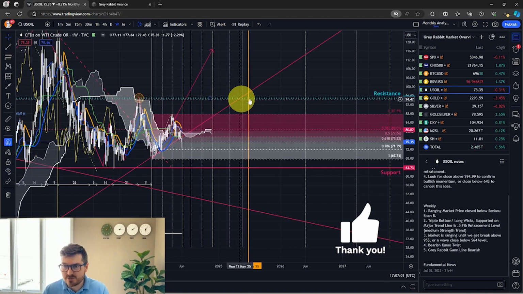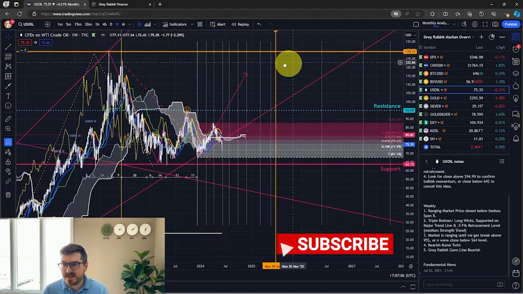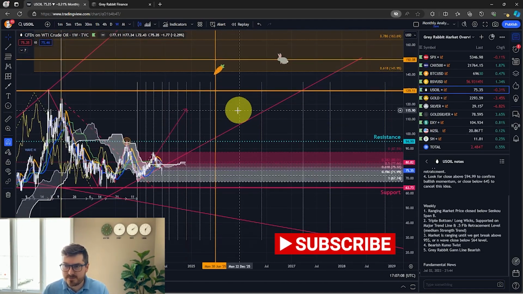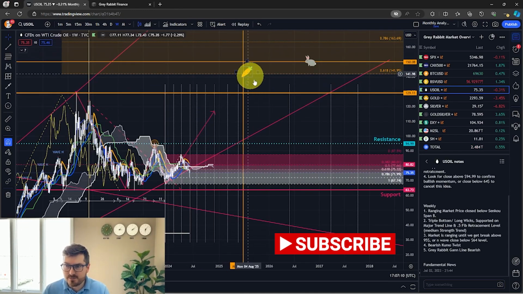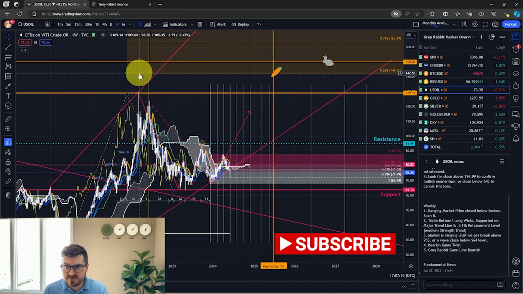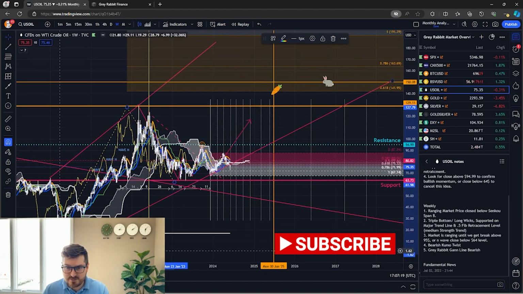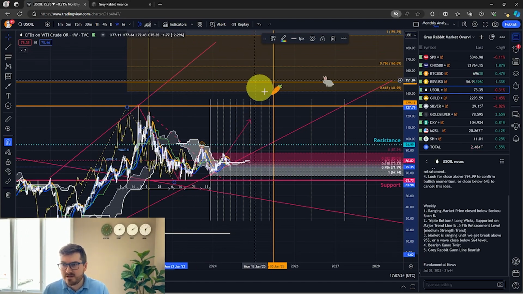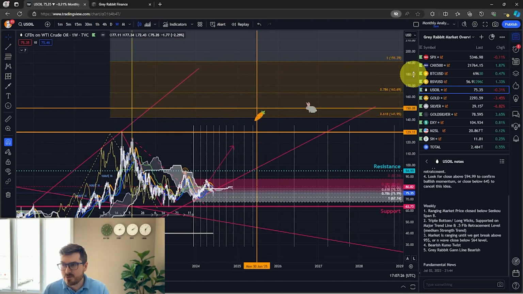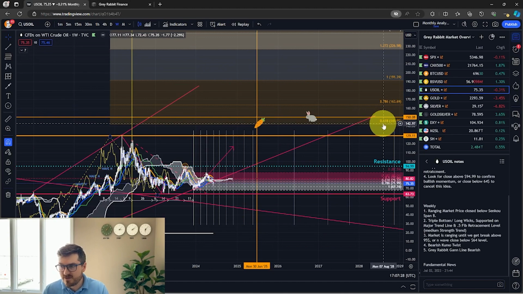Like I said, we're going to need to wait for a close above this resistance, but I'm expecting this to happen. Once this does happen, I'm going to be targeting up here, and this is going to be the 0.618, based off of this giant N wave here. From this bottom to this top to this retracement, that's giving us our next levels up on this market. From a very conservative standpoint, this is the very first target level, which is the 0.618,